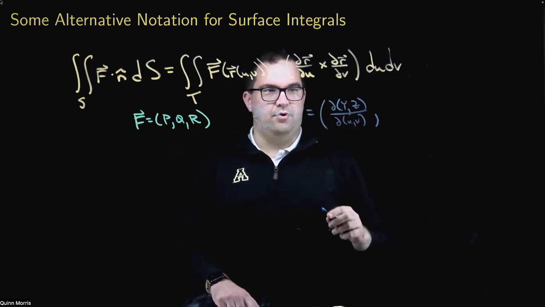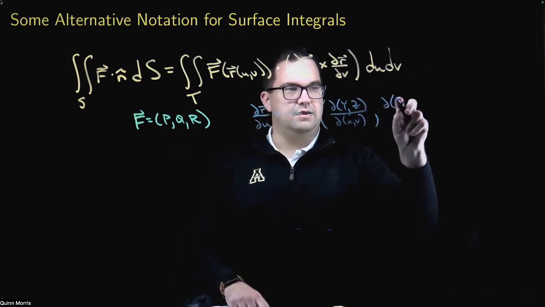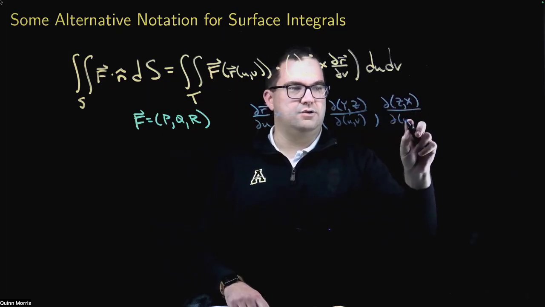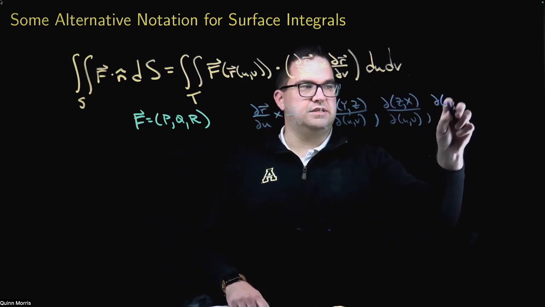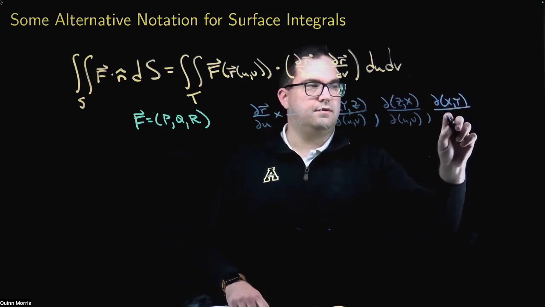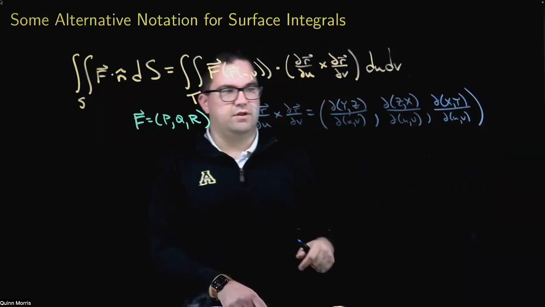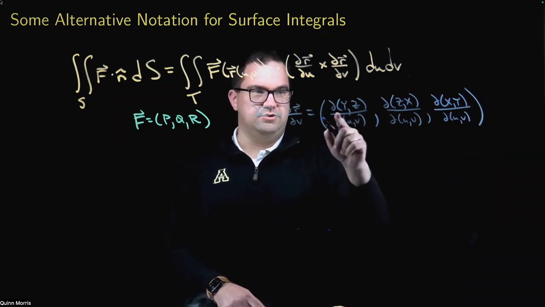So the x component was dyz over duv, the y component was dzx over duv, and the z component was dxy over duv. These were the components of the fundamental vector product, and again, you could go back to the video, but just to remind you, dyz